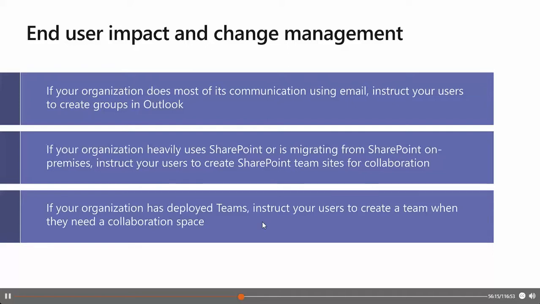The second one is Microsoft Teams, a persistent chat-based workspace where you can have informal, real-time conversation around a variety of topics, and you can organize it by a specific subgroup, for example. Also on the Yammer side, there is an enterprise social experience for collaboration.